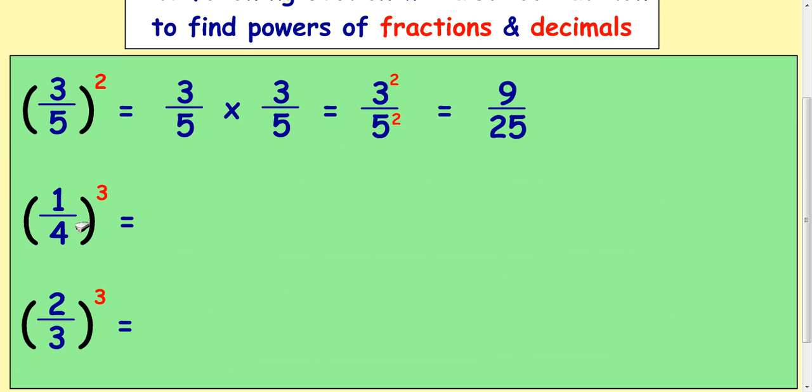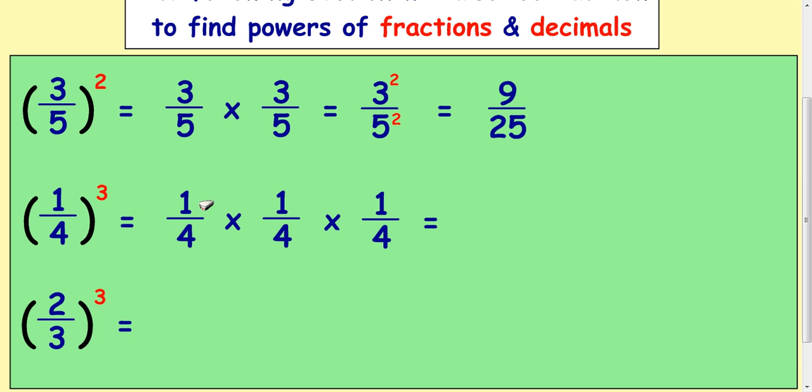Okay, in the next example we're doing a quarter to the power of 3, or a quarter cubed. What that means is a quarter multiplied by a quarter multiplied by a quarter. Now when multiplying fractions as above, you multiply the top numbers, the numerators together, and then you multiply the denominators